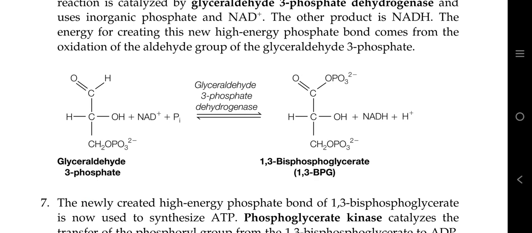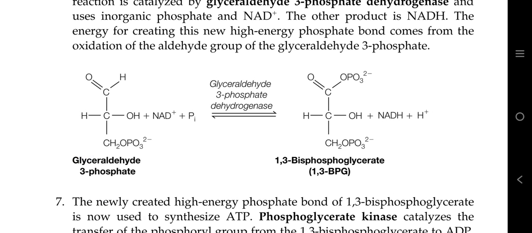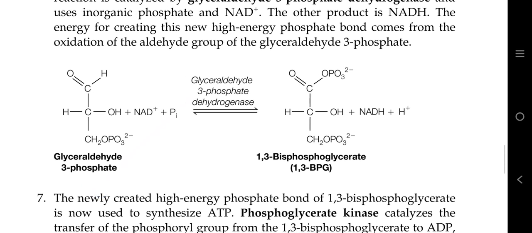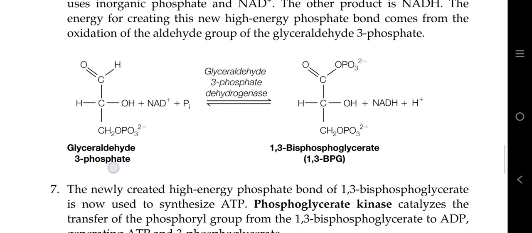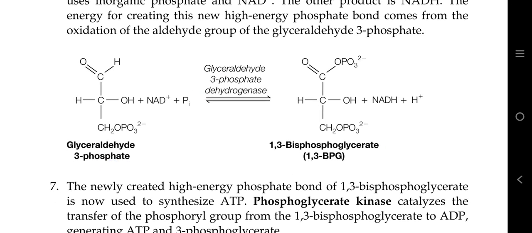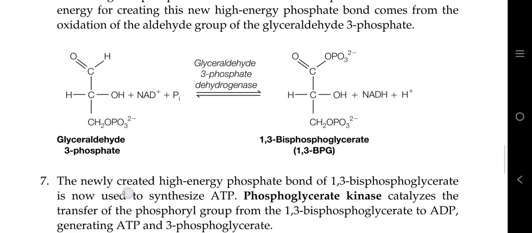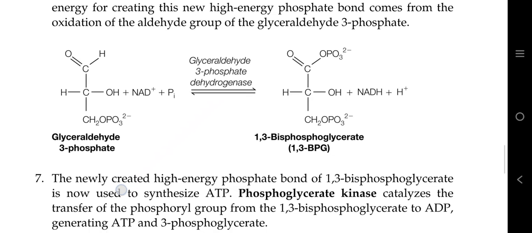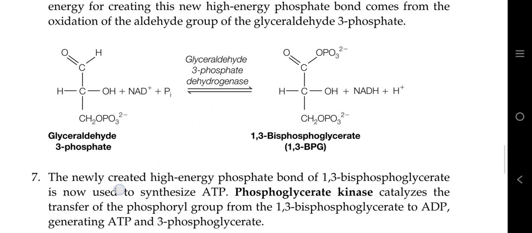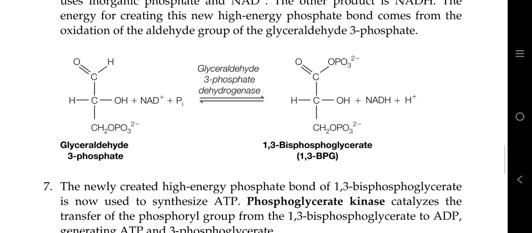So the glyceraldehyde 3-phosphate has a phosphate group attached to its third carbon. Now another phosphate is going to be attached to this molecule at the first carbon. But notice that this phosphate is not coming from ATP, this phosphate is coming from the inorganic phosphate pool of the cell. Moreover, the cell is also using another molecule in this reaction, which is the NAD positive. This NAD is going to be reduced and it is going to be converted into NADH, because this is an